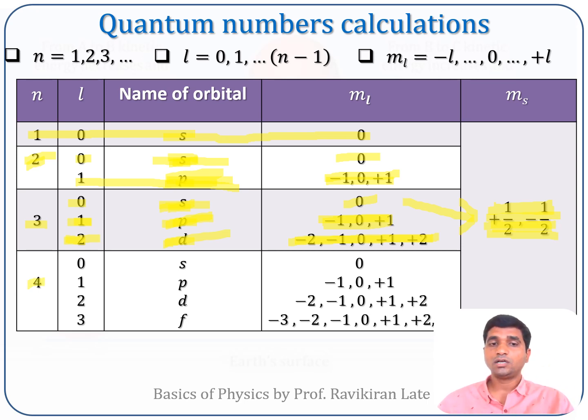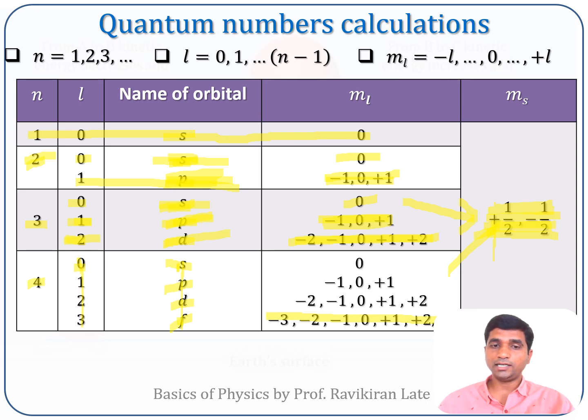Similarly, if we calculate for the fourth orbit, it will give the possible values of L from 0 to 3, that is the s, p, d, f orbitals. The s orbital has a capacity of 2, the p orbital can have 6 electrons, the d orbital can have 10 electrons, and the f orbital leads to ml from -3 to +3, that is a total of 7 suborbitals. Each can have plus half spin and minus half spin, so 7 2s are 14. So the f orbital has a capacity of 14 electrons.